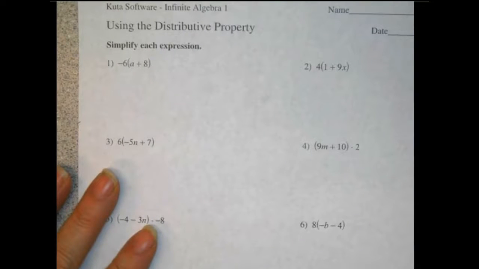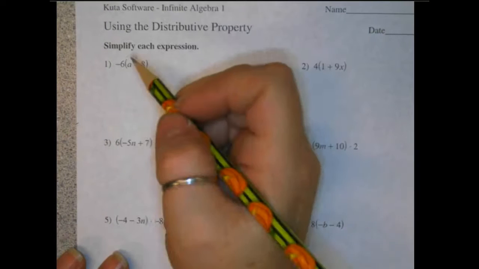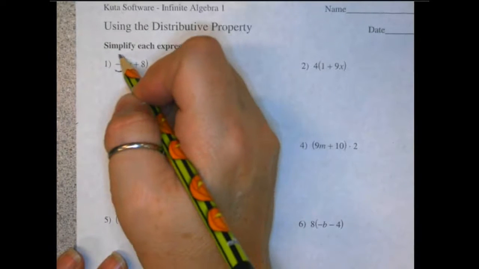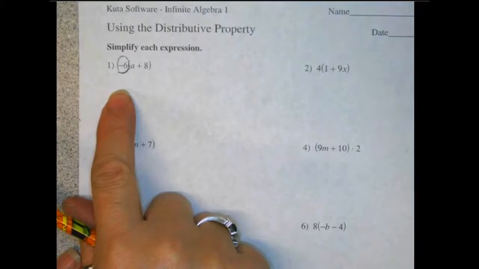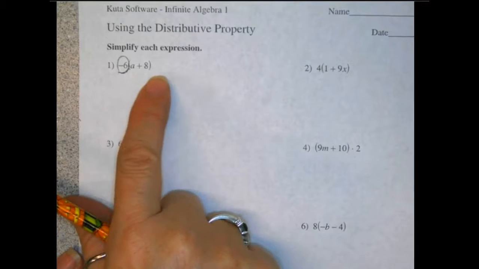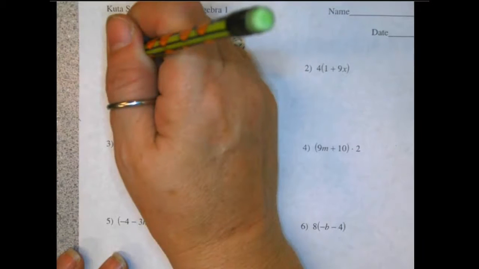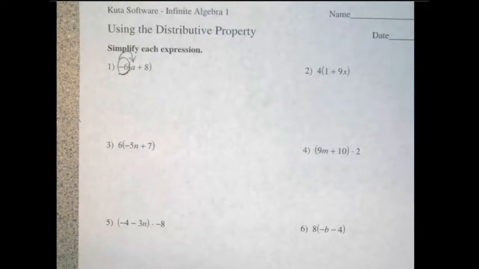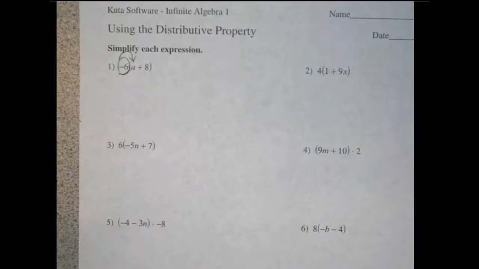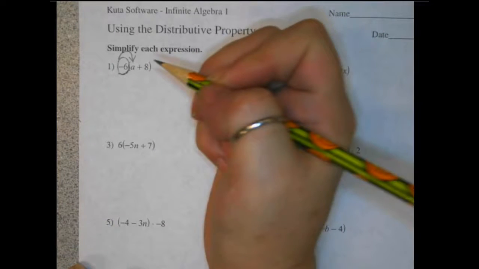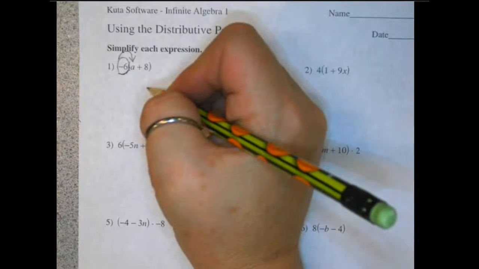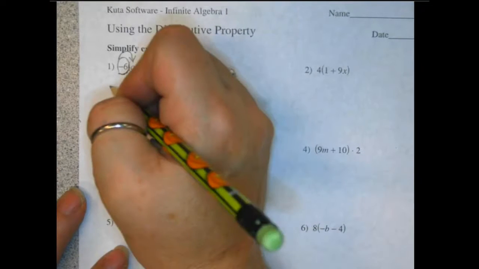How's that, better? Yeah. All right, so I'm going to multiply whatever is outside of the parentheses. In this case, I have a -6 times everything inside. And I'm going to use arrows. So I'm going to go -6 times A. What is a -6 times A? Jordan? -6 times A? I think. So we don't really know what the value of A is, right? So we're just going to end up rewriting it as